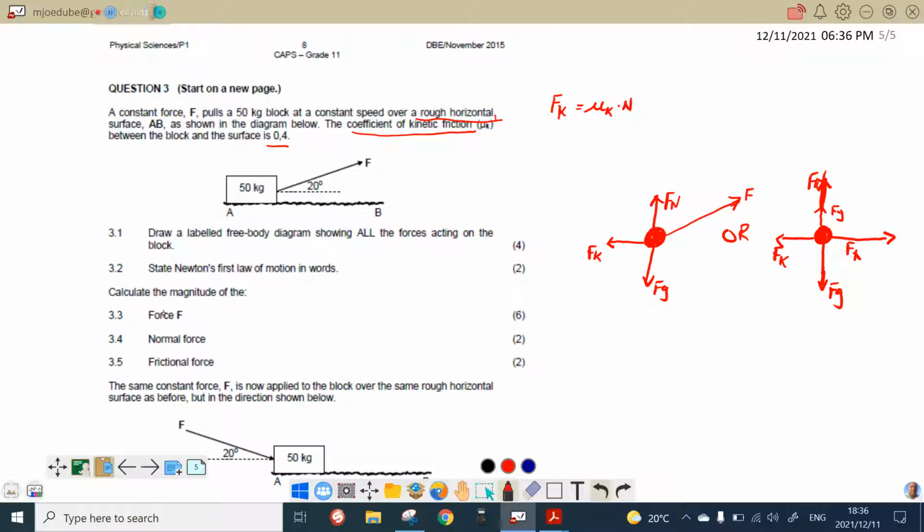And then 3.2, the question reads, state Newton's first law of motion in words. Well, Newton's first law of motion, also referred to as the law of inertia, says a body will remain in its state of rest or continue moving with a constant velocity unless it is acted upon by a non-zero or an unbalanced net force. So key words to remember: state of rest,